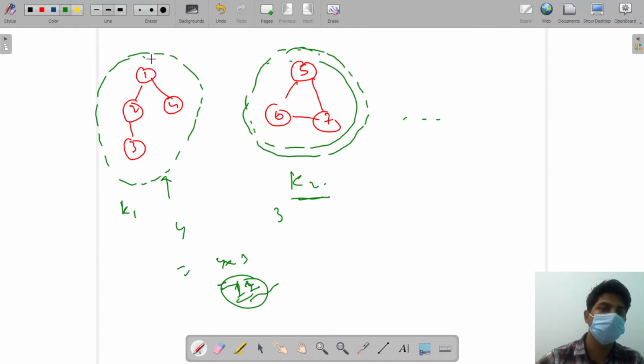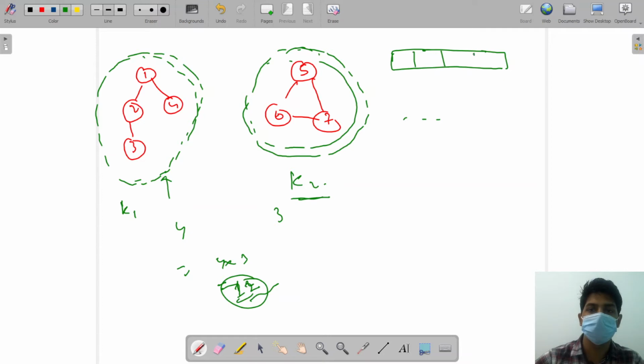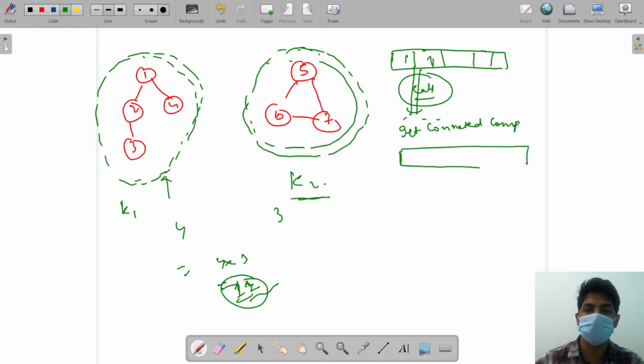So this is what we are going to do to solve this particular problem. For each component, we are going to count the number of elements in that component. For all the vertices, we will use the same method which we used in the previous problem to get the components. For each unvisited node, we will make a call to the get connected components function. This will give us an array list of all the nodes in that component.